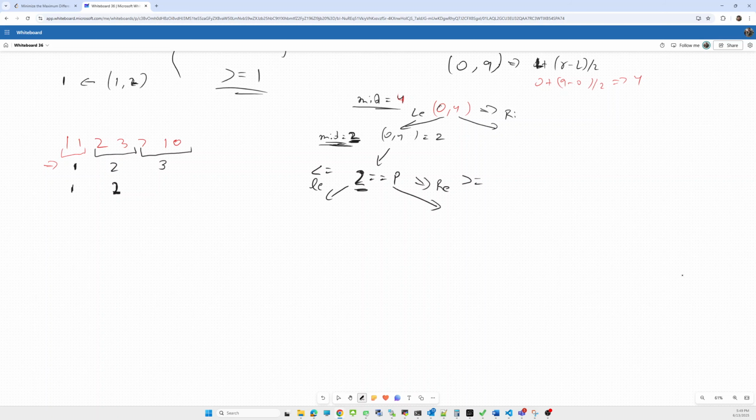Okay. So we still have to go to the right. So what will be our new range? 0 comma 2. Okay. And now our new mid target will be 1. Here for the 1, we'll again calculate the difference. Okay. So here the difference is 1. Yes. So the counter will be 1.